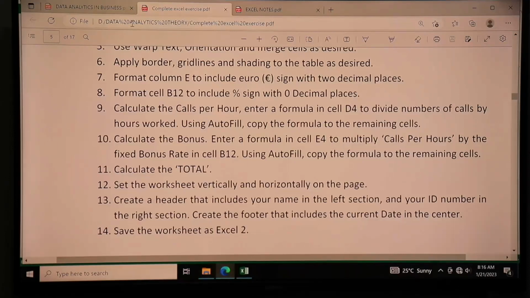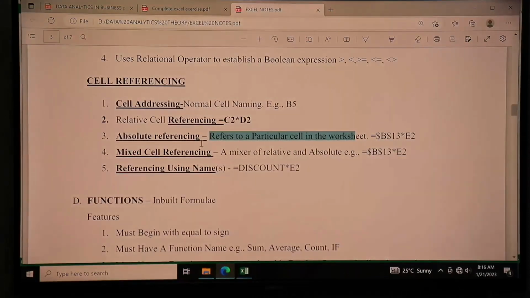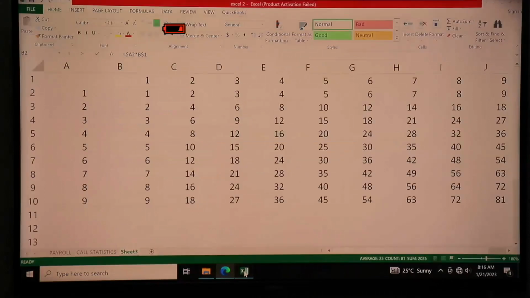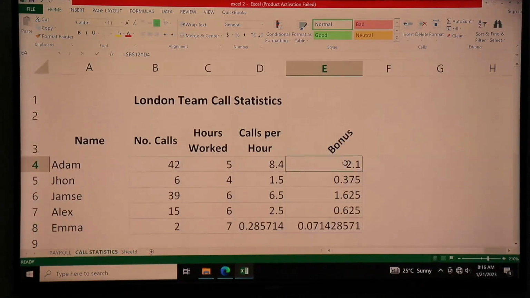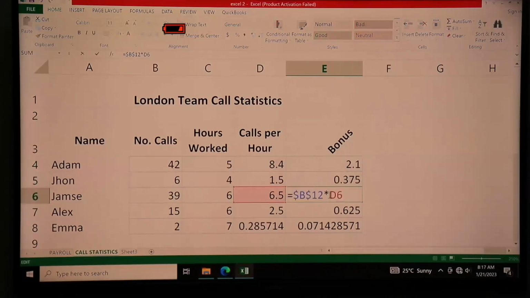Then I'll proceed. The next thing we are going to discuss is mixed cell referencing, which is actually what you have already done. Even the reference style you have done here is still mixed, because it combines the element of absolute and relative. The same way we did here, this one still combines the element of absolute and relative, because in this formula, the B12 is absolute, but the B4 is relative, because the D4 factor is changing as you copy down this formula in your worksheet. But the other one is not changing. That is mixed cell reference.